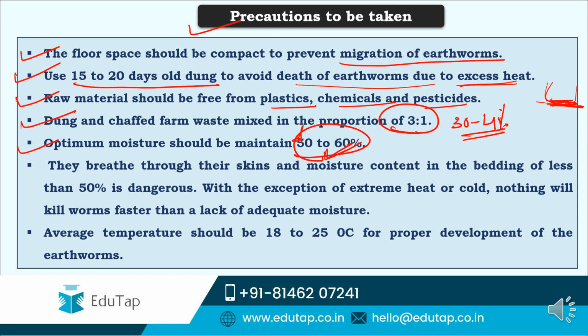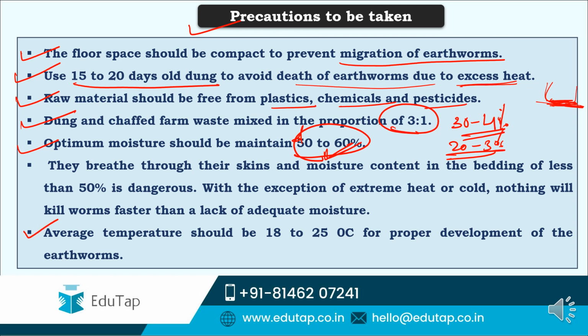And if you feel that there is not optimum moisture, the person undertaking this vermicomposting needs to sprinkle the water over the bed rather than pouring. He or she should sprinkle the water. And by the end of the vermicomposting, once you see all the physical signs of vermicompost preparation, then slowly this moisture level should be brought back to 30 to 40%. If the vermicomposting is done where it's very dry, then 30 to 40%. If they are in humid conditions, then 20 to 30% will also do. So slowly this should be brought down to this percentage.